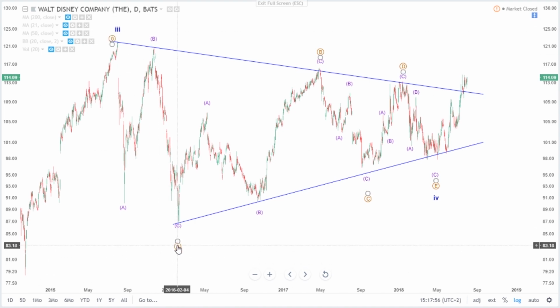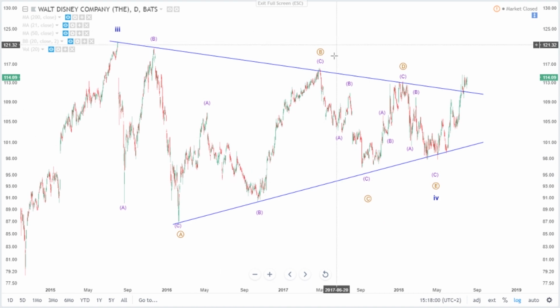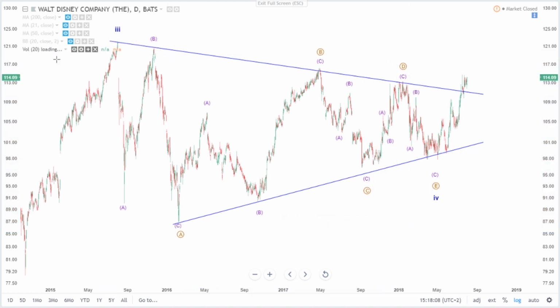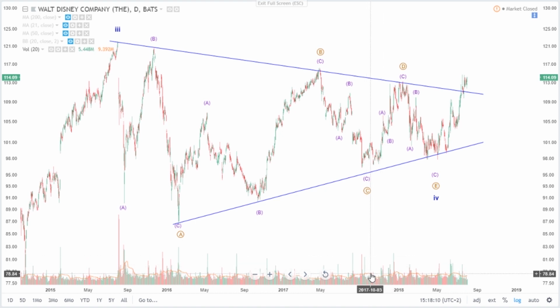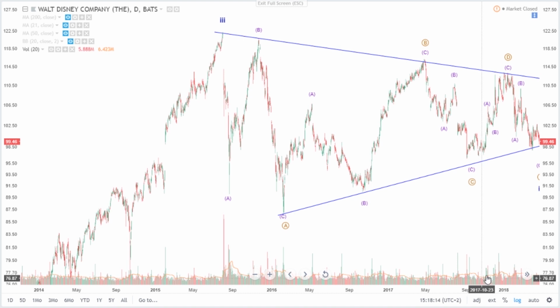ABC here down for a wave A, breaks down in 3. ABC up here for a B, up in 3, ABC down here for a C, breaks down in 3, and then you see an A, B, C here for D. What's really interesting is when we look at the volume for this D wave, if we skip that part there, you can see the volume ramp up here. Volume ramps up on a D wave here,